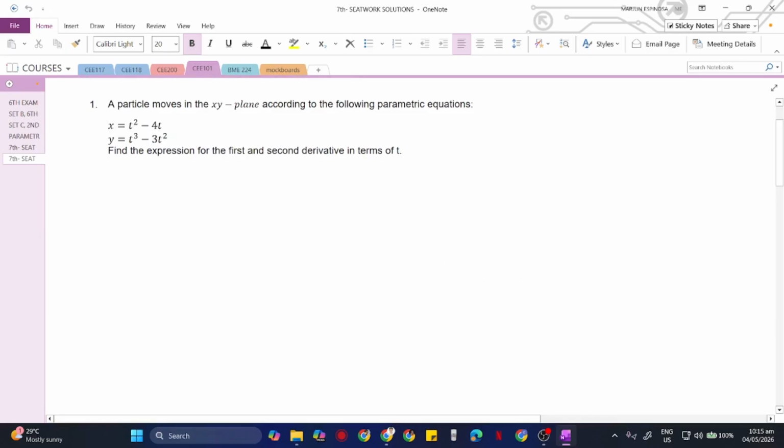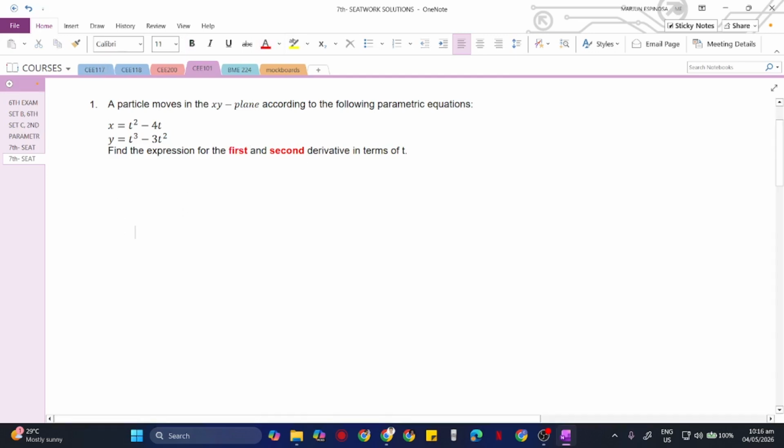A particle moves in the xy plane according to the following parametric equations. So we have here two equations that are in pair. The first equation is x equals t squared minus 4t. And the other, y equals t cubed minus 3t squared. Then we will be finding the expression for the first and the second derivative, in terms of the parameter